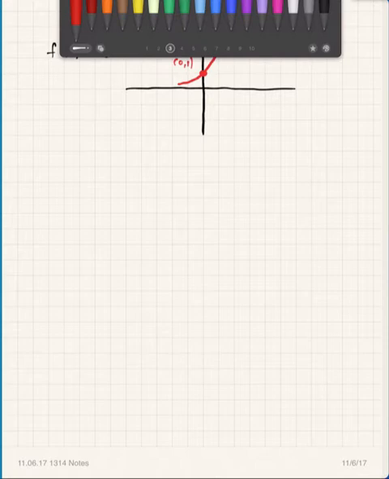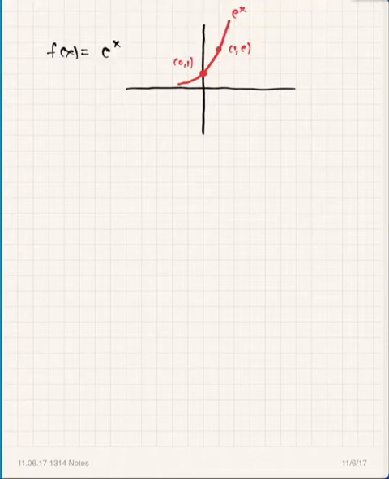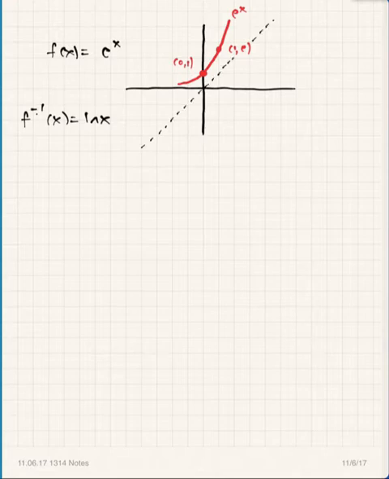And so its inverse, f inverse x, is going to be the natural log of x. We know that these graphs are reflections around the line y equals x. Here's the line y equals x right here. We've talked about that with inverses. If we just interchange the x and y values there, we get (1, 0) and (e, 1) right about there. And you get this curve right here. And this is the graph for ln x.